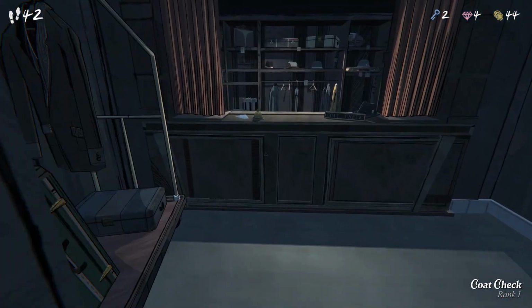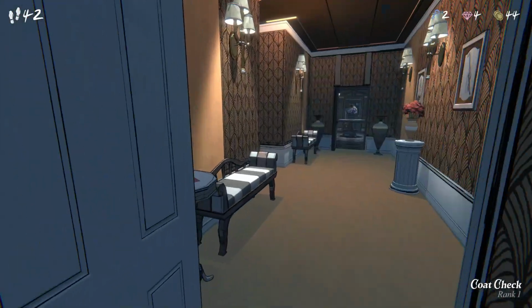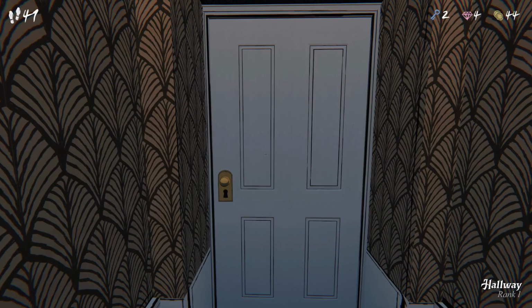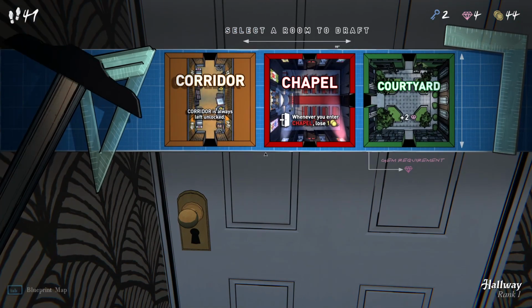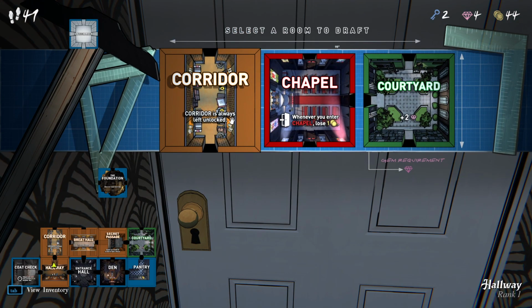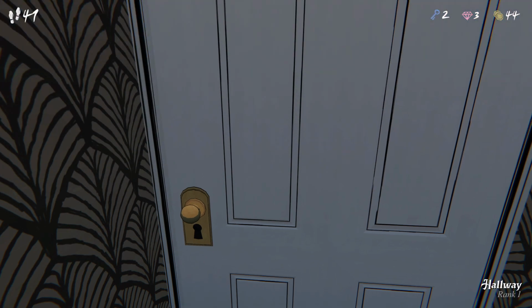Wonderful, so now I have a key card, so now I should be able to, without hindrance, move to the right door of the antechamber. The only thing that can really screw me over is if I'm not able to get a door that leads into it. So I would really like a dice. Probably, yeah. Yeah, I would really like a dice, and I would really like...